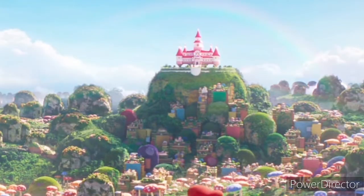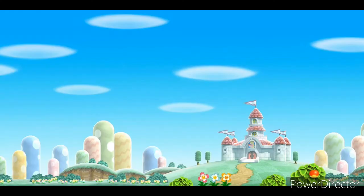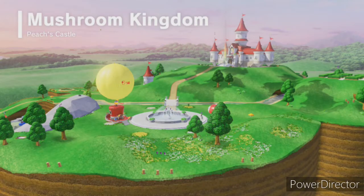Peach's castle, and the village, I think, surrounding it, looks very nice. Peach's castle here looks better than what it looks like in most of the games. A lot of the times Peach's castle is kind of just in a field or something. It's kind of isolated from the villages. It's just there in the middle of space, and it looks nice, but